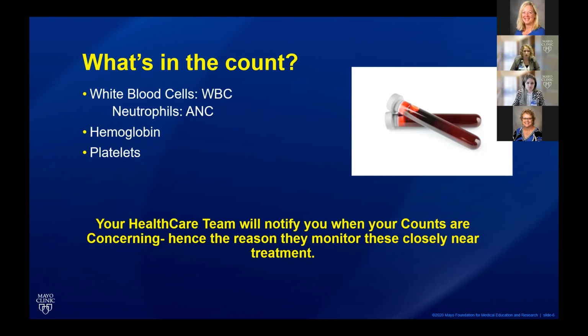Neutrophils are sometimes referred to as an ANC, which is an absolute neutrophil count. Okay, the hemoglobin, or HGB, these are parts of the red blood cells that transport oxygen to other tissues. And then the platelets, responsible for clotting the blood when cut or injured. As stated on the slide here in yellow, your treatment team will be watching these numbers very closely and will